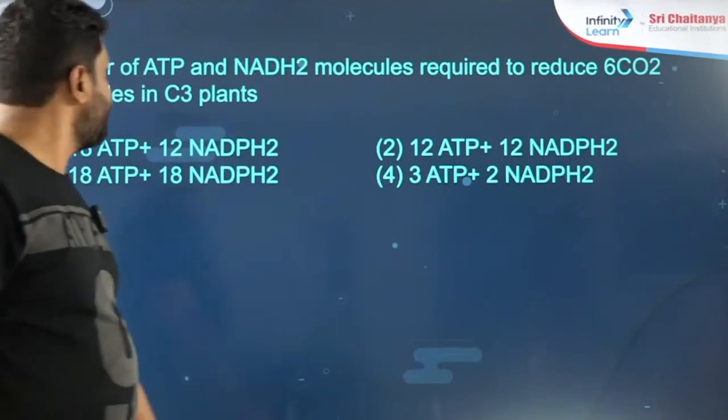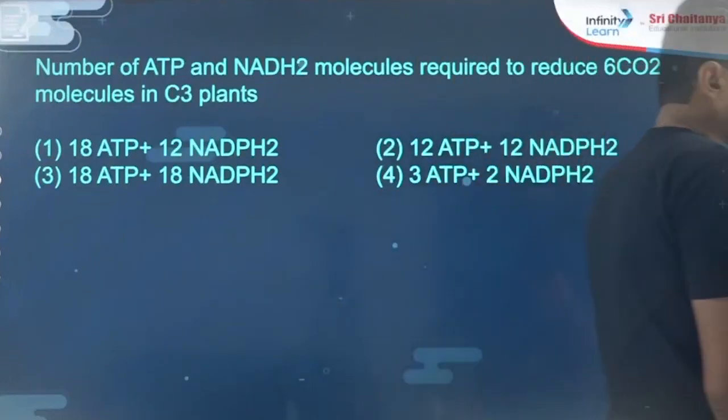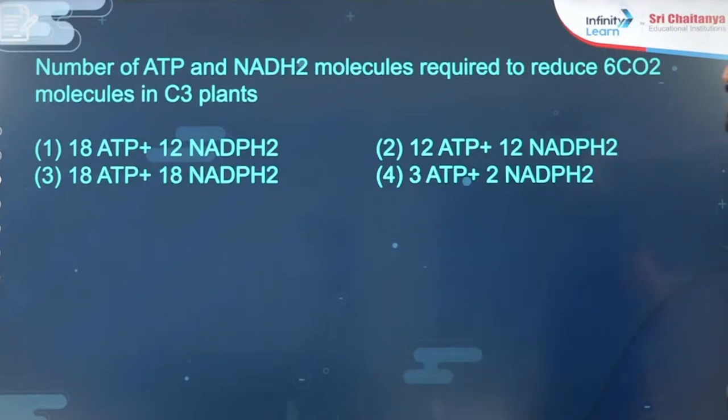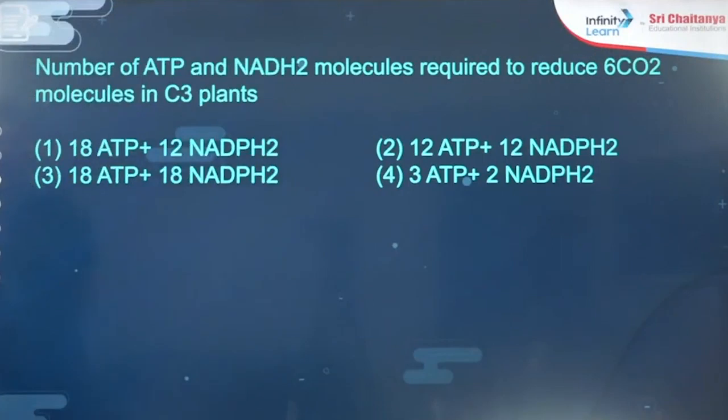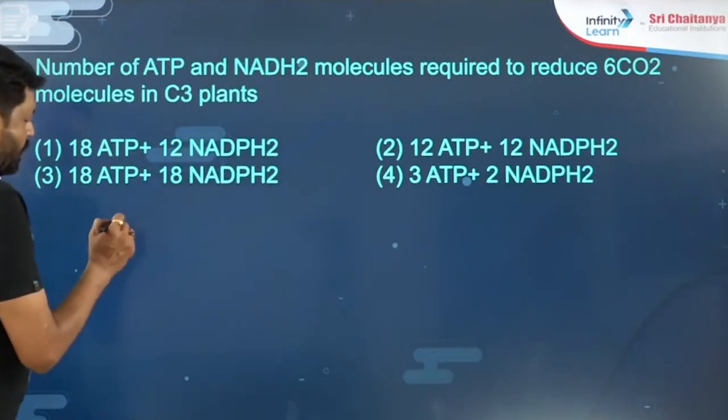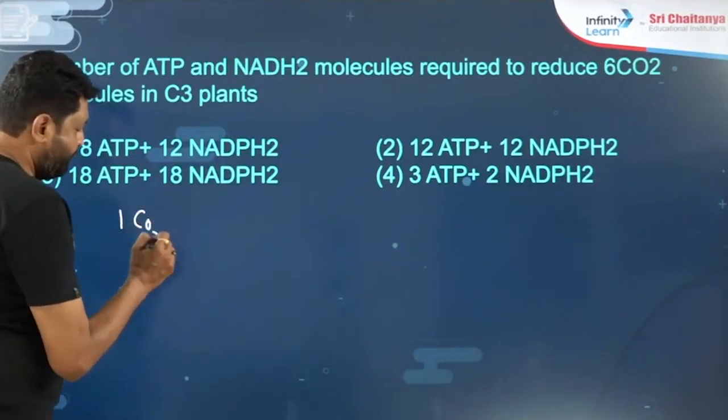And next question: number of ATP and NADPH2 molecules required to reduce 6 CO2 molecules in C3 plants. Beta, very clear. So 1 CO2